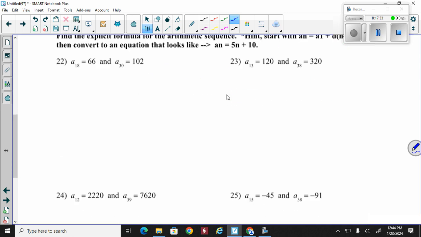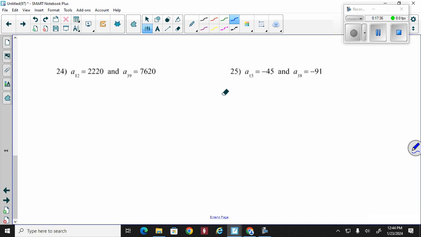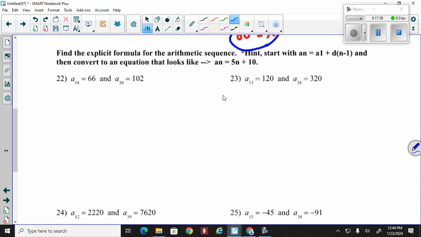All right. So 22, 23, 24, and 25 are all the same in the sense of you have to find your common difference first. So first thing we got to do is find our common difference. Well, again, if you look at what you're given on 22, you're given the 18th term, you're given the 30th term. That's my later term, that's my earlier term. So off to the side, it's going to be my later term, which is 102 minus 66. And I believe I'm going to get, I want to say 36. And then you are going to divide by